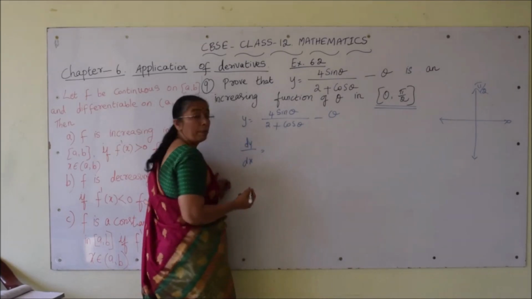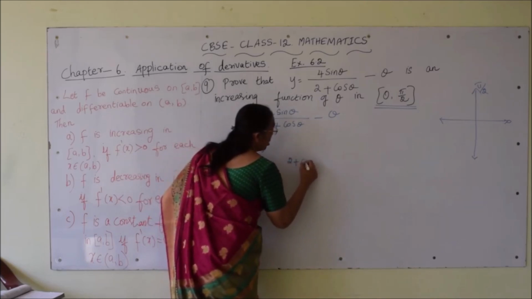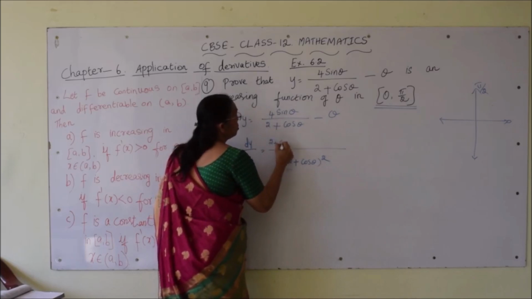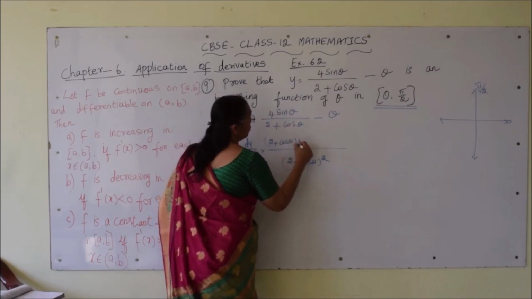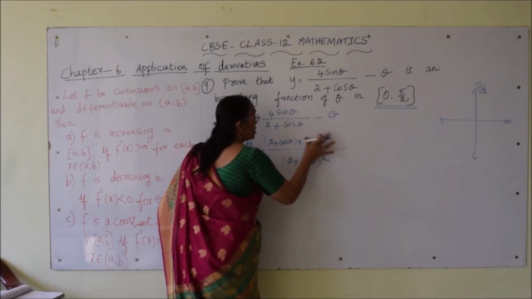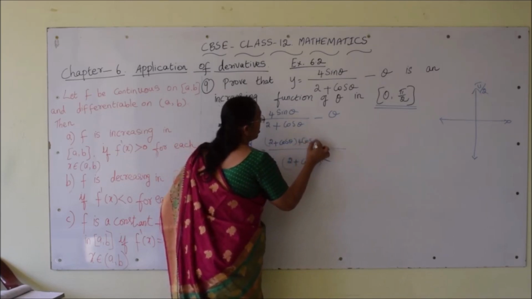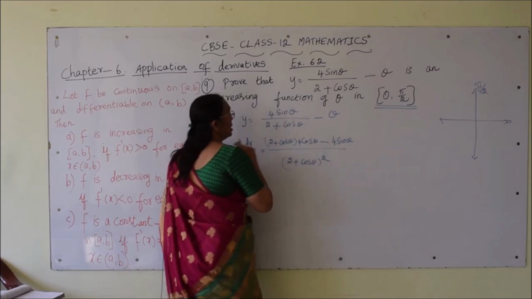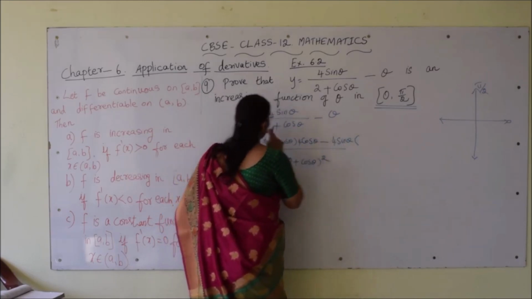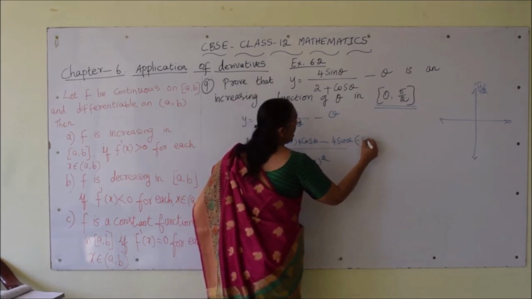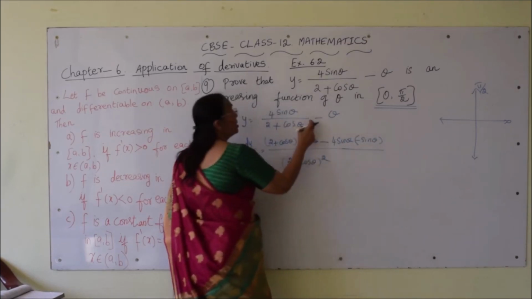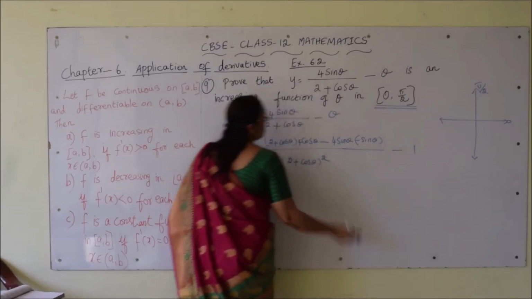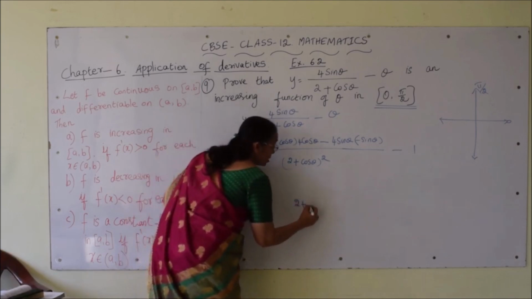For the first term we have to apply the quotient rule. So, 2 plus cos theta whole square is my denominator, v square. v into differentiation of u: 2 plus cos theta into differentiation of 4 sin theta, which is 4 cos theta, minus 4 sin theta, that is u, into differentiation of v. Differentiation of 2 is 0, differentiation of cos theta is minus sin theta. Now, this part is done. Now, differentiation of theta is 1, so minus 1 there. Now, let us simplify the numerator.